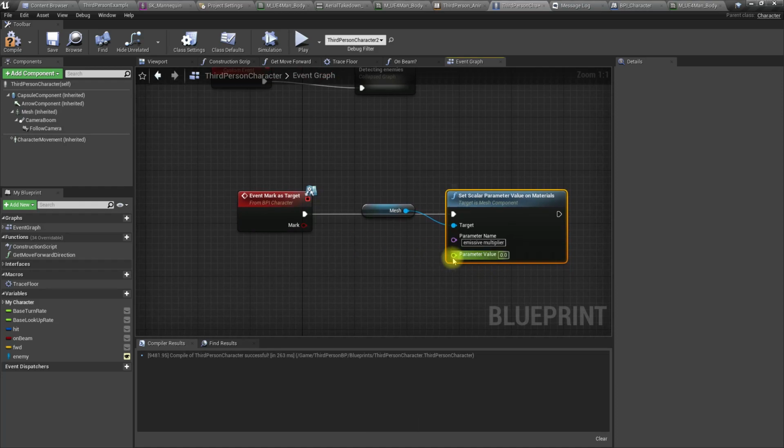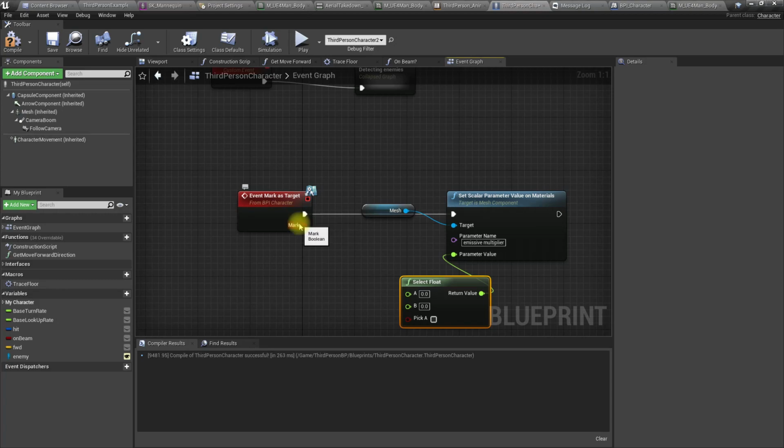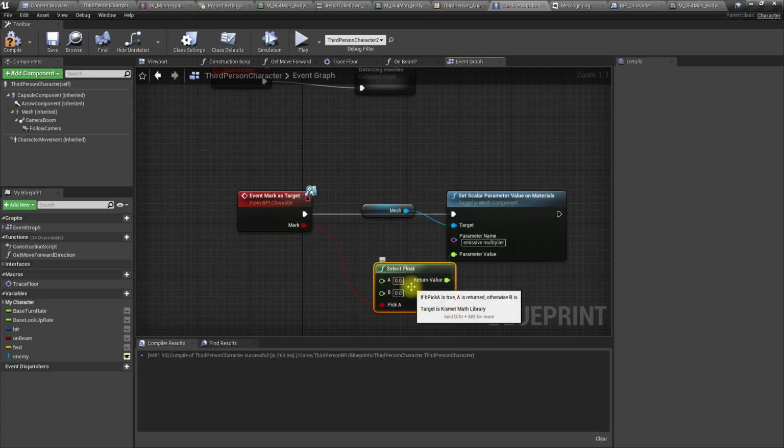Select this and select this value based on this. If it is true, if we are asking it to be marked as the target, let's make it 1, otherwise 0. Right, now